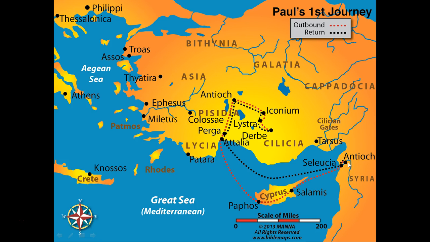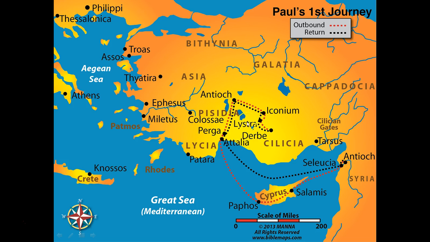And so he goes off with Barnabas, and the red here is the outbound right here. And the first place they go is Cyprus. And the video will talk about some of the things that go on the island of Cyprus. Basically, the first convert is there, a Roman governor. And after that, they head up here into basically the region of Galatia. This map doesn't have nice boundaries, but Galatia is right here.